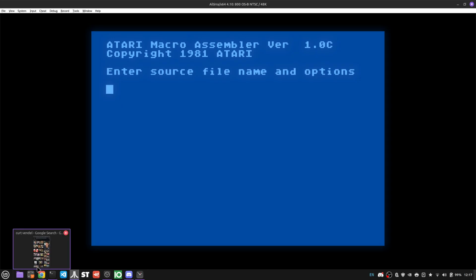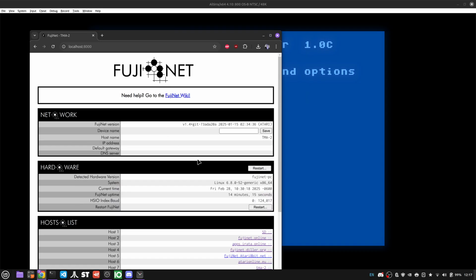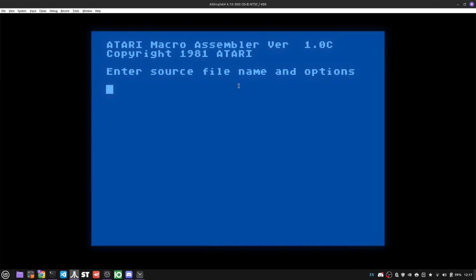Thankfully, the FujiNet tool has this wonderful little option called disk swap that will allow us to do that. If we hit swap here, we will see that the macro assembler is now sitting in drive 4, and D1, D1, D2, D2, D3, D3. Okay, that's all we need to do. Move that out of the way, and I can enter in